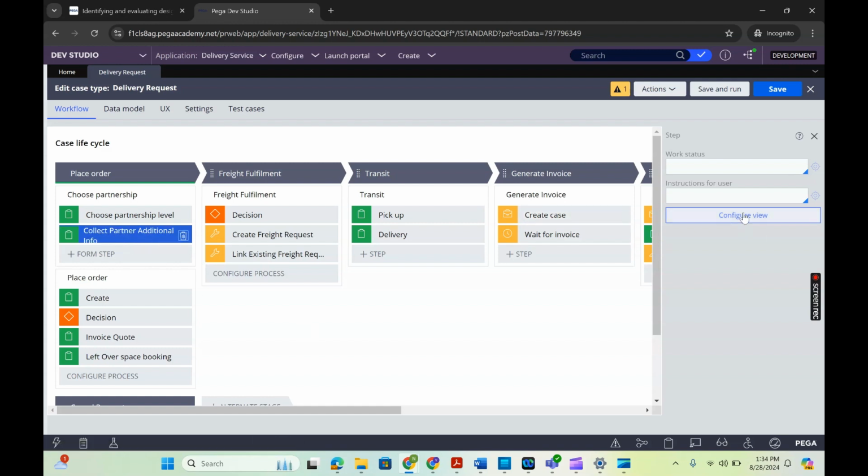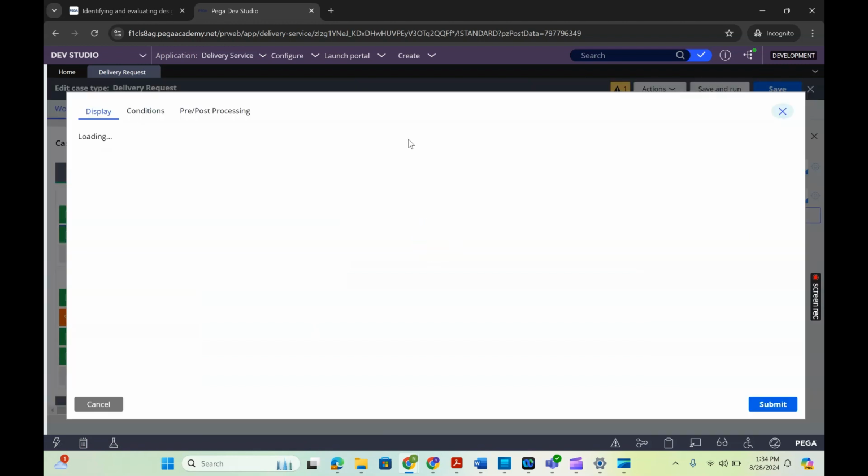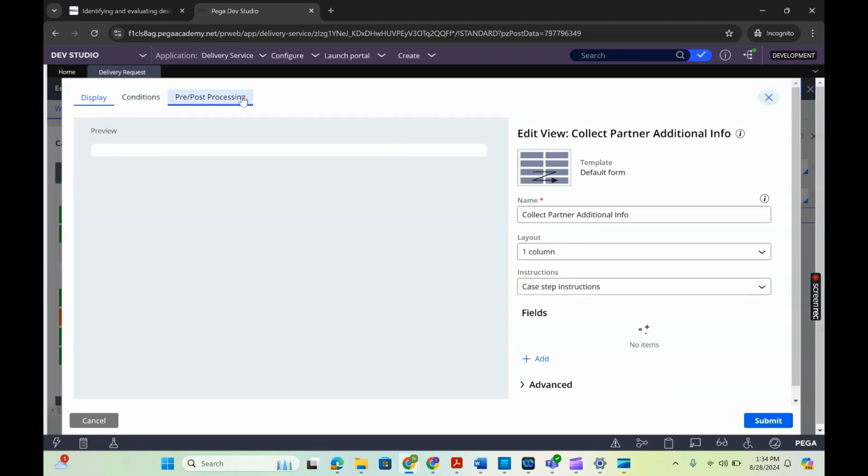Once you create the view, you will see the option on the right side as configure view. When you open this configure view, we have three tabs. The display tab is where we add all our fields, whatever properties we are going to show on that UI, we include over here.